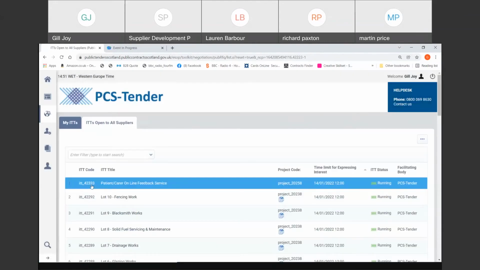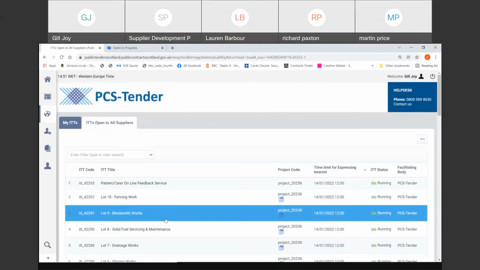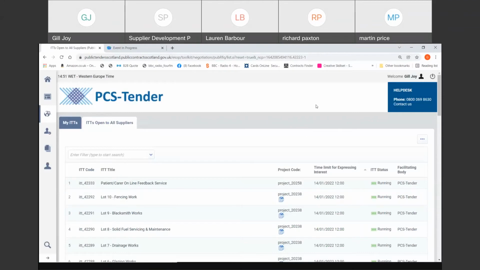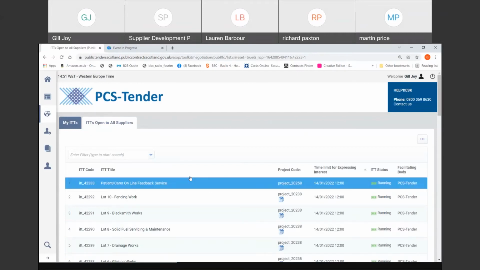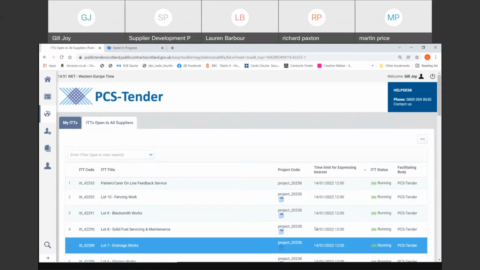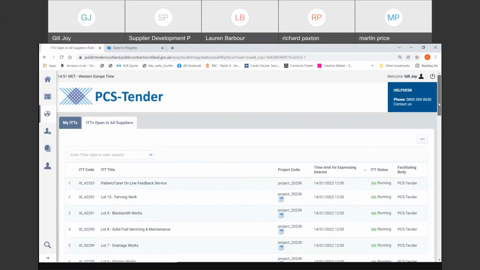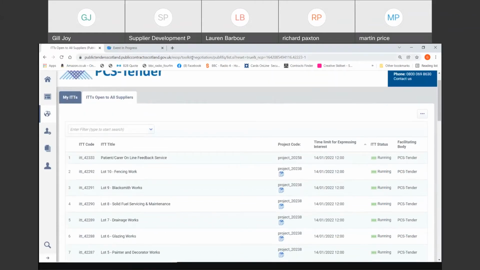So, invitation to tender. When you come in to the PCS tender system, for anyone who's not done this yet, you'll arrive in this area here, which is ITTs open to all suppliers. So we'll need to look through this and try and find the one that you're looking for, because you can see there's all sorts of things here that are not necessarily relevant. And the way to do that is to go through this filter,